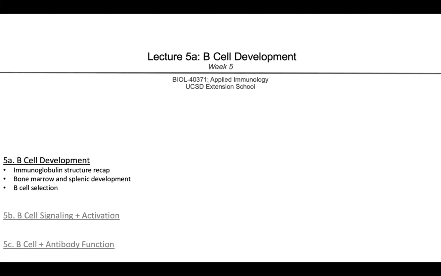Welcome to week 5 of Applied Immunology, where we will continue our coverage of the adaptive immune system by learning about B-cell biology. This is Lecture 5A, which kicks off the B-cell module for this course by discussing the process of B-cell development. We will briefly revisit the structure of immunoglobulin proteins today, but please refer back to our week